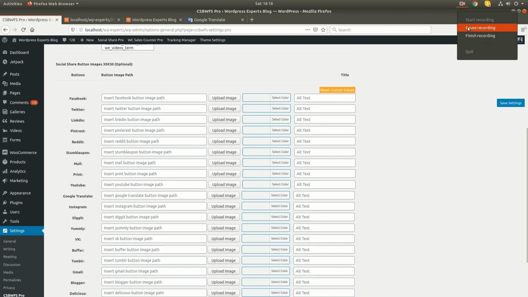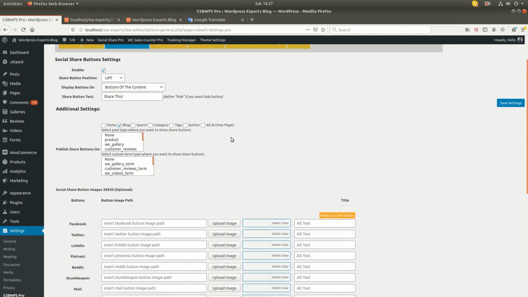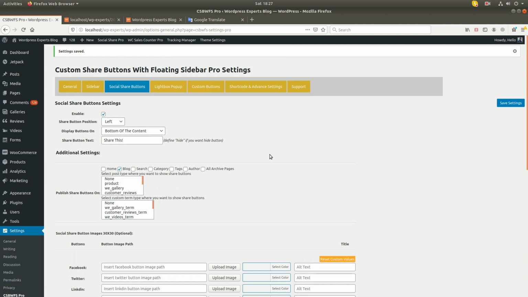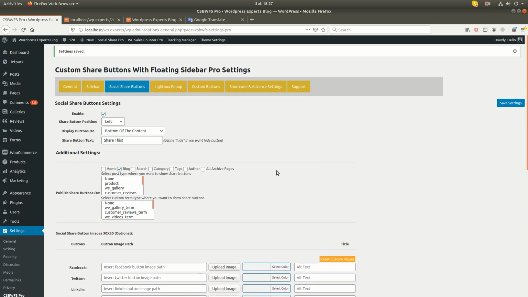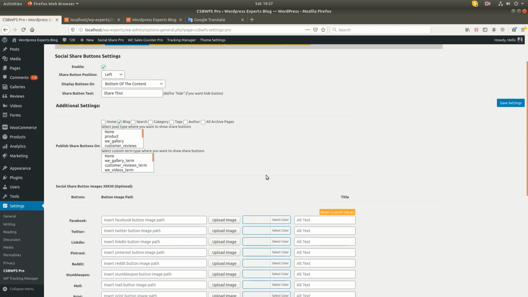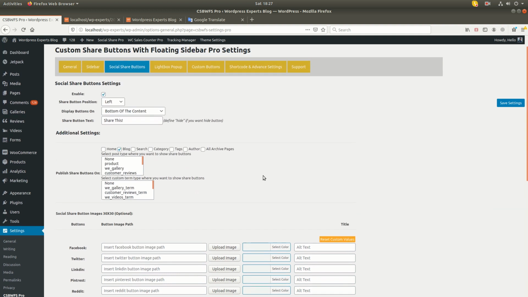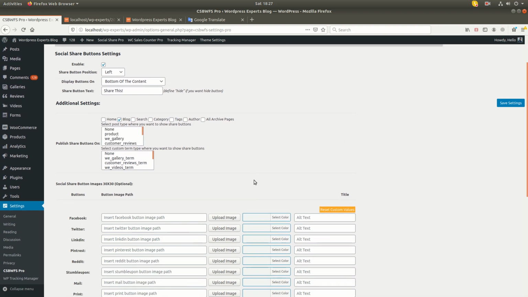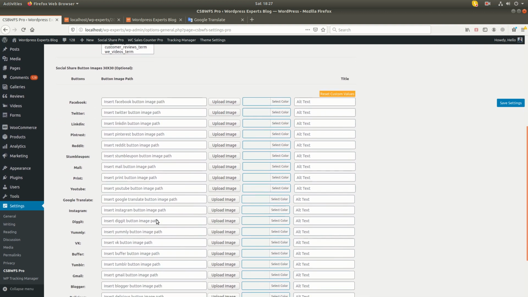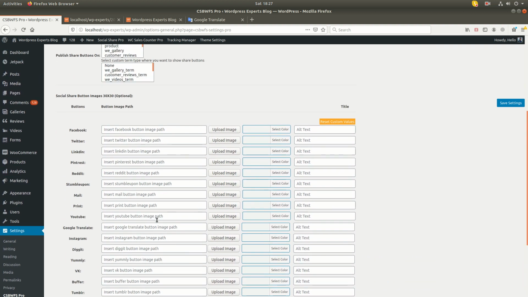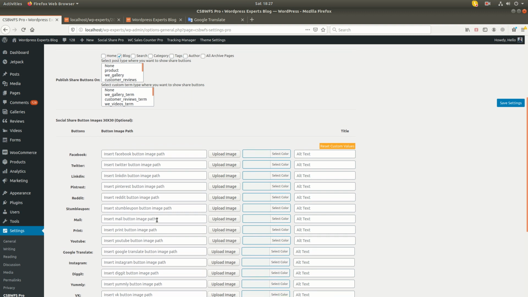Okay, so friends, the sidebar settings will be clear for you. Okay, so we have covered all the major settings of our plugins. Okay, so you can use these buttons in the same way like you have used in the sidebar.